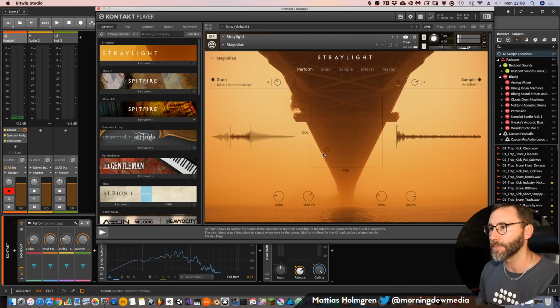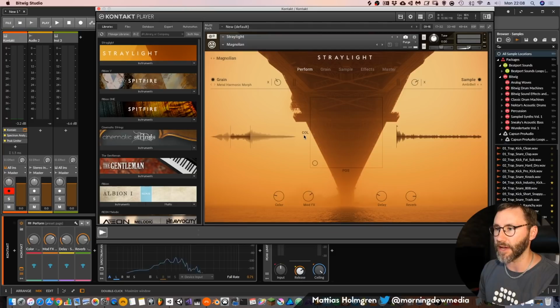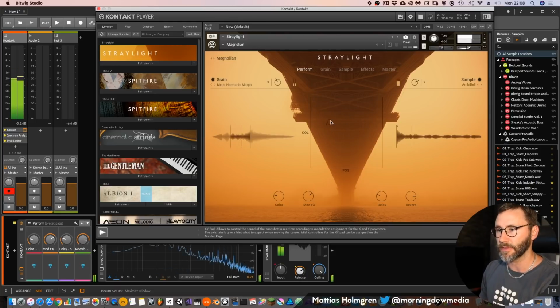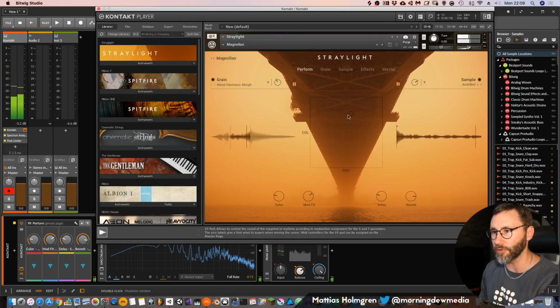Yeah, so I could go on the whole day and play just that one patch because I really like the sound of this one. So in the middle of the screen we have an XY pad, and we can see here we have a parameter called color and position. So if we move around in this little XY pad, we can see that these parameters move around in the waveform.